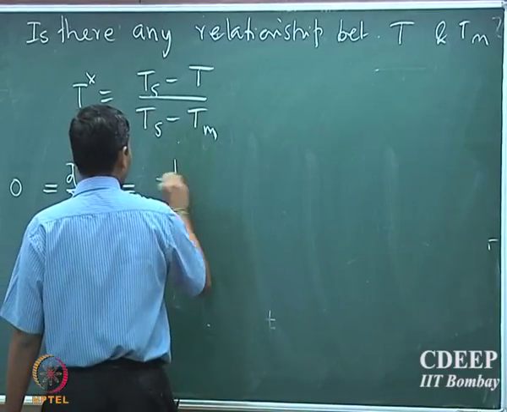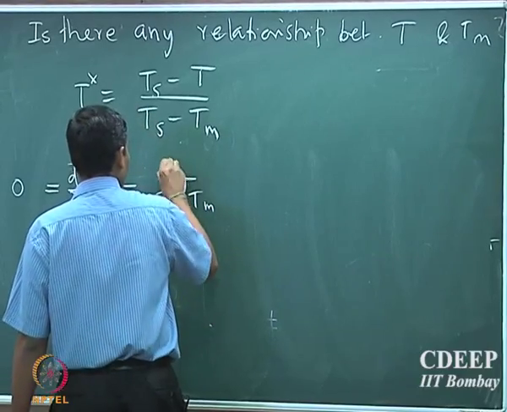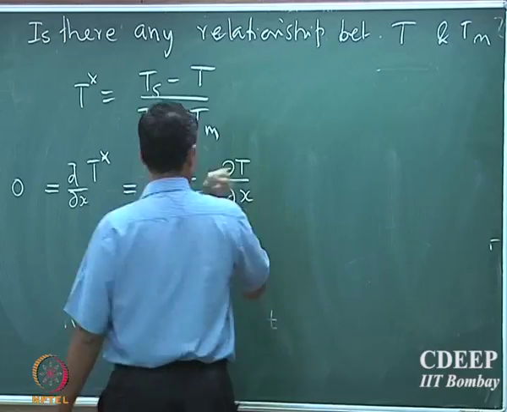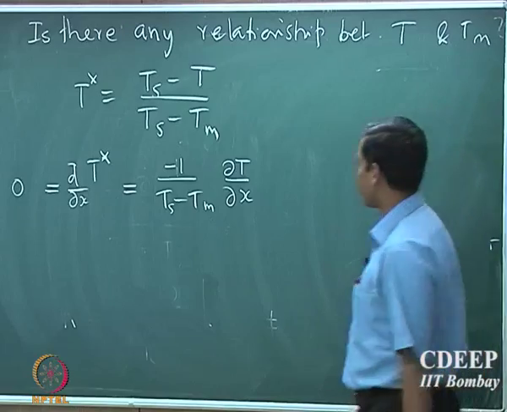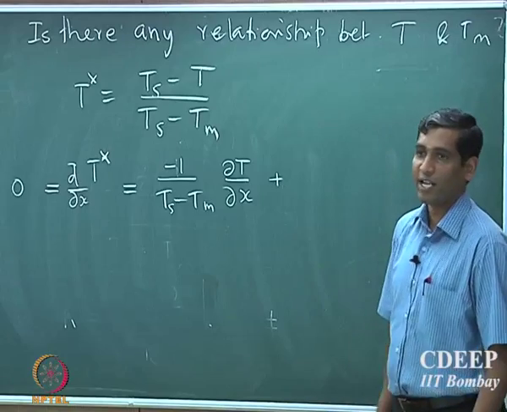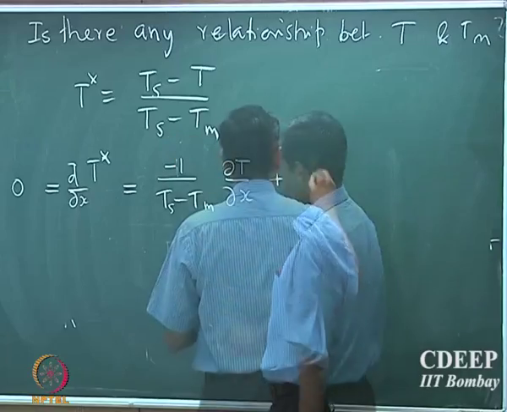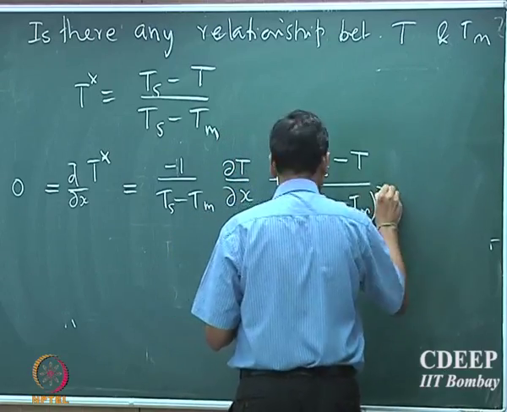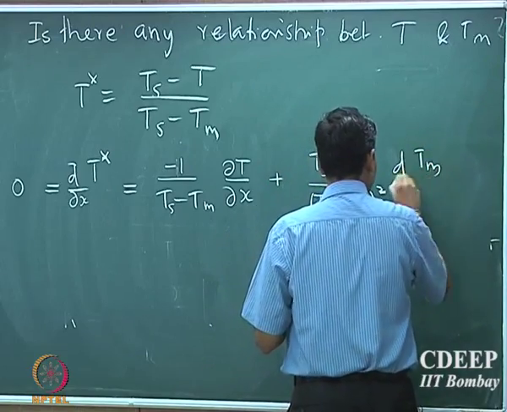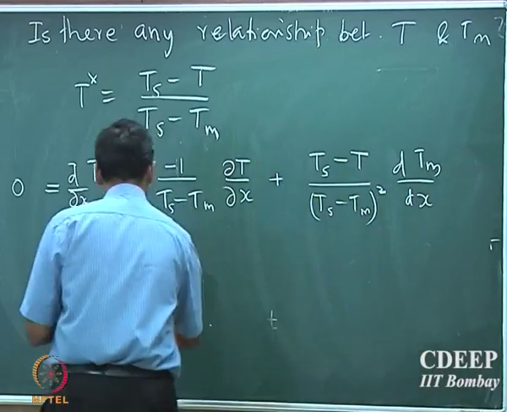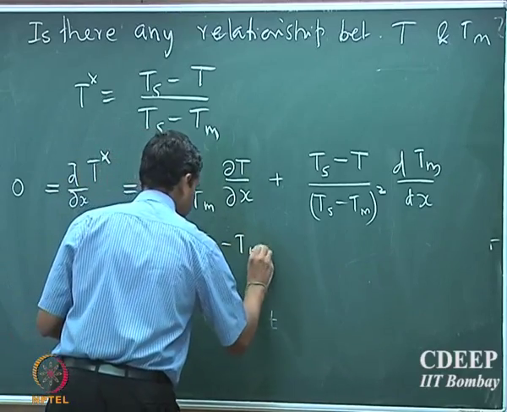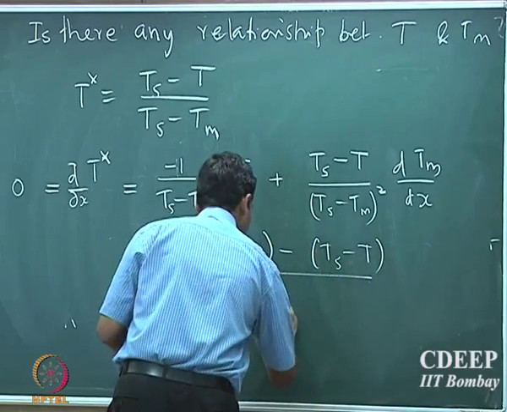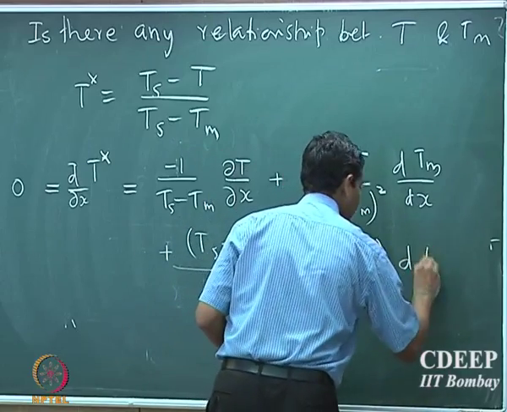So we can now write this as 1 by (Ts minus Tm) into minus 1 into dT/dx, that is the x derivative of the local temperature, plus (Ts minus T) divided by (Ts minus Tm) the whole square into dTm/dx, plus 1 by (Ts minus Tm) minus (Ts minus T) divided by (Ts minus Tm) the whole square into dTs/dx,